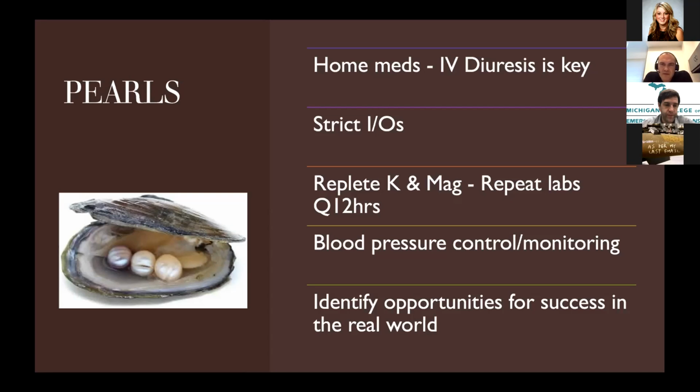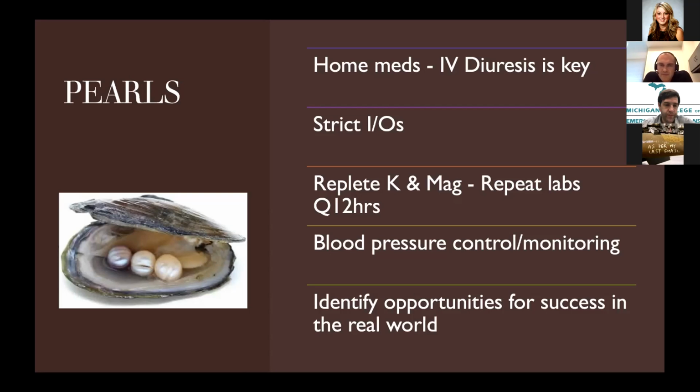So I really stress the importance of educating your staff and your faculty, your residents to check on these things, to make sure that the nurses are following through with the order to get an initial weight, as well as I's and O's. Repleting potassium and magnesium is certainly important, but you need to also repeat the labs at least every 12 hours. 12 hours is what I like myself, but you need to know where you're at, because you're giving the patient a large diuretic dose,